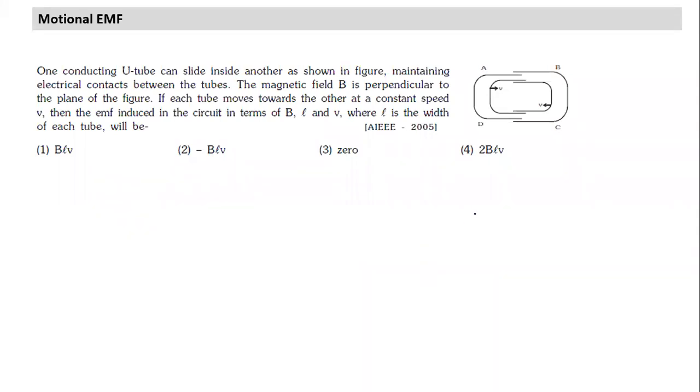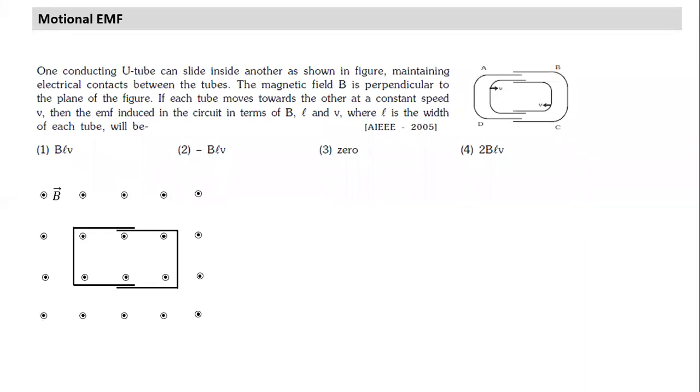This is something I think you can read this question. But what they imply is something like this. You have to draw a figure, it's something like this. It can extend in the perpendicular dimension also, but you can think of two U-shaped rods sliding into each other. It could be two U-shaped rods, or it could be an extension also. Whether you extend in the third dimension, it doesn't matter.